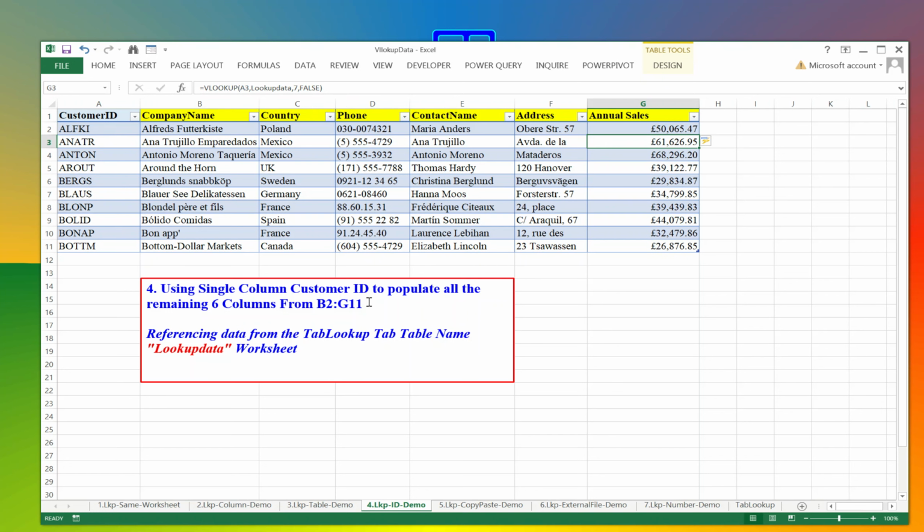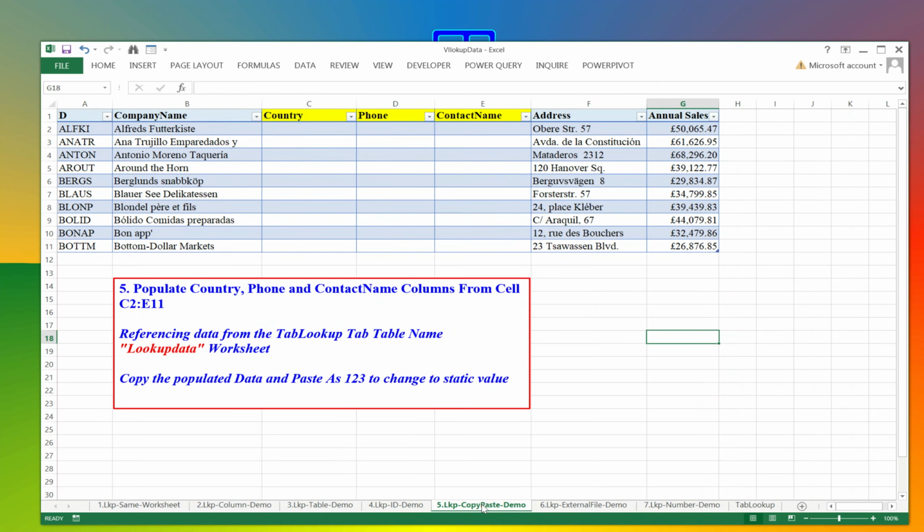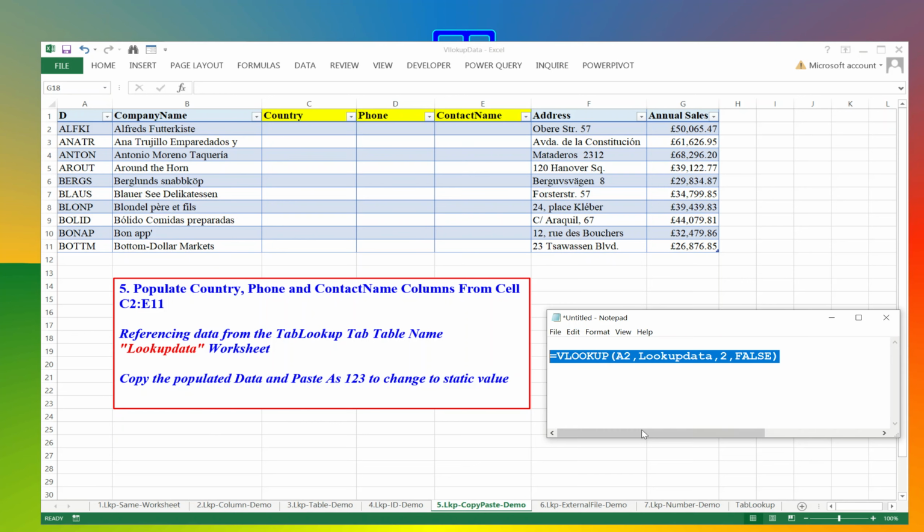Using a single column, customer ID, to populate all the remaining 6 columns from B2 to G11, done. Referencing data based on what we just did. Reference data from the table lookup tab, table name, lookup data worksheet, done. And the next one is our tab 5. Tab 5, populate the country, phone, contact name columns from C2 to E11. So we are still going to be making a reference to this particular lookup data. So we still have our